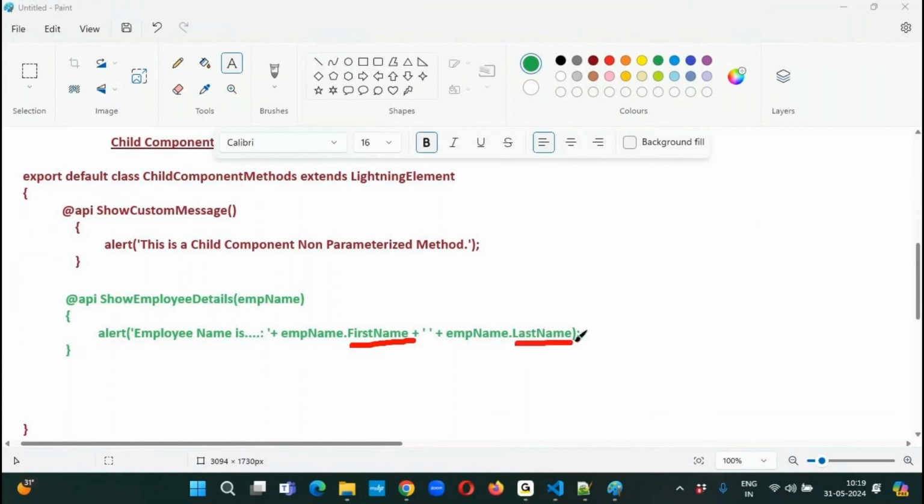We need to pass these two values here. Now, in this case, what needs to be done? If the method is a parameterized method, how can we pass this parameter value? We need to pass a value for first name and a value for last name here. These two values we need to supply. How to pass these two values over here? In this case, we have to pass these two values in the form of a single parameter, like emp name parameter, single. How to combine two values of type string? We are using